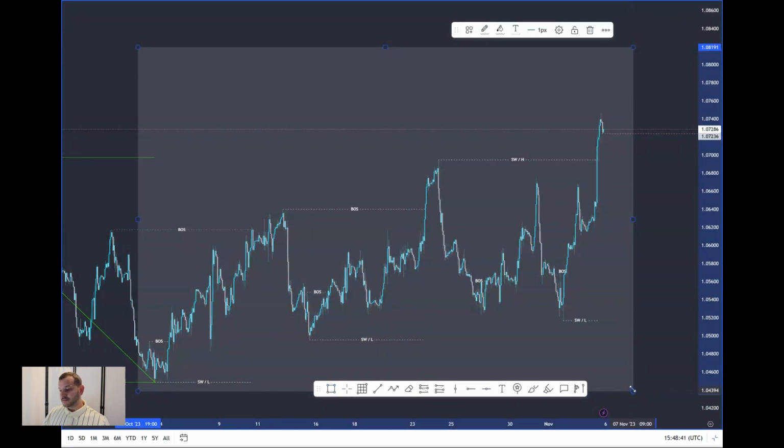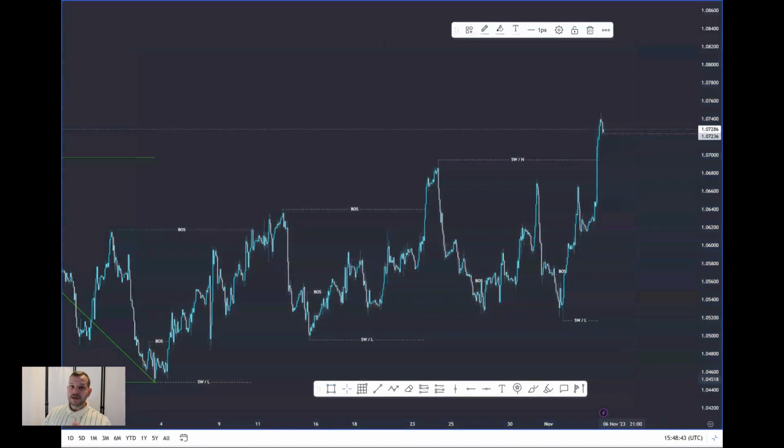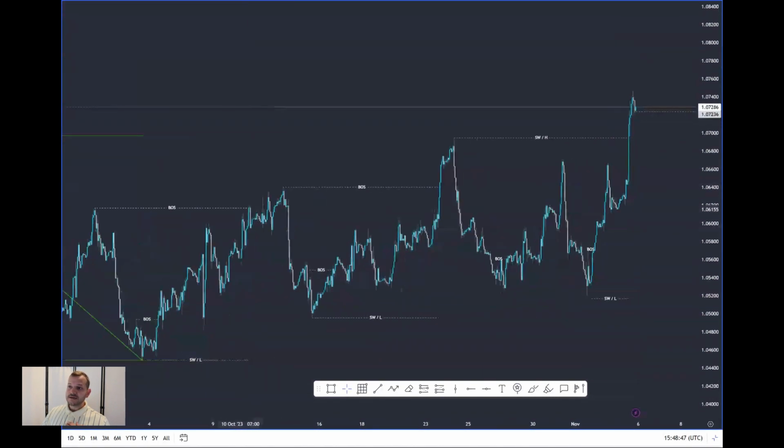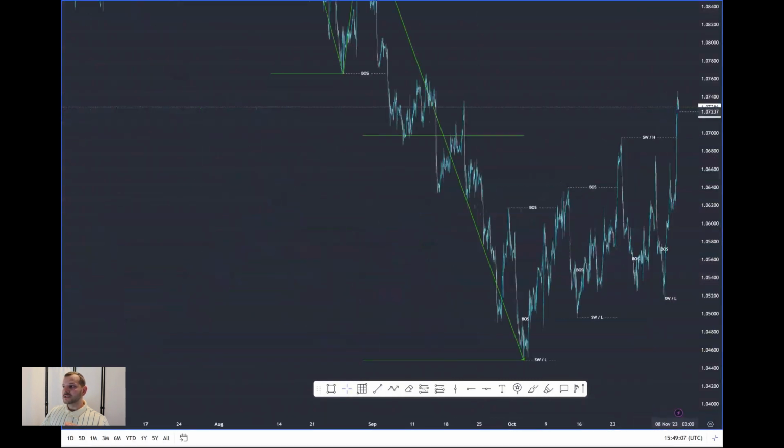So based on the last month, you would be thinking bullish, because as you can see, we've made higher highs, higher lows, higher highs, higher lows, and then higher highs. And we're breaking structure every time. We're respecting the low that has been made. We haven't broke these concrete lows just yet, so you're thinking bullish. And we are technically bullish, but when you zoom out and you see the bigger picture,